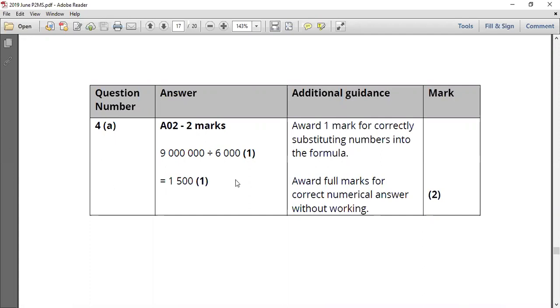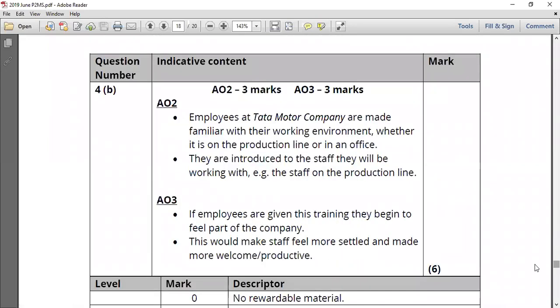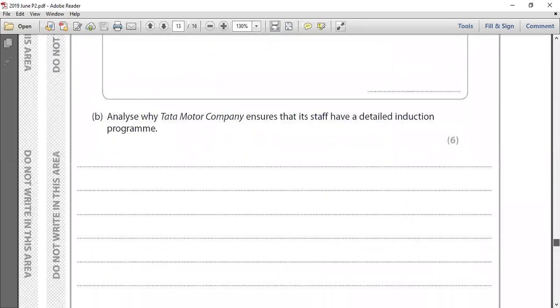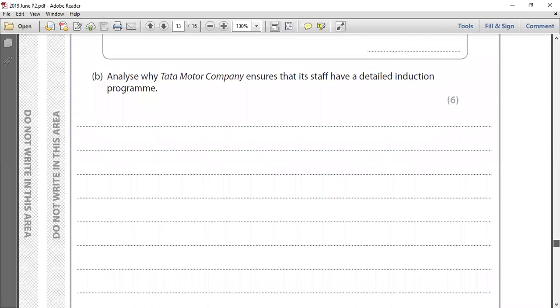It's a pretty good number, right? 1,500 vehicles per year. It's a pretty good number. So this kind of question is coming, right? Then the 6 mark question. They're asking, the calculation is done, and the 6 mark question: analyze why the Tata Motor Company ensures that its staff have a detailed